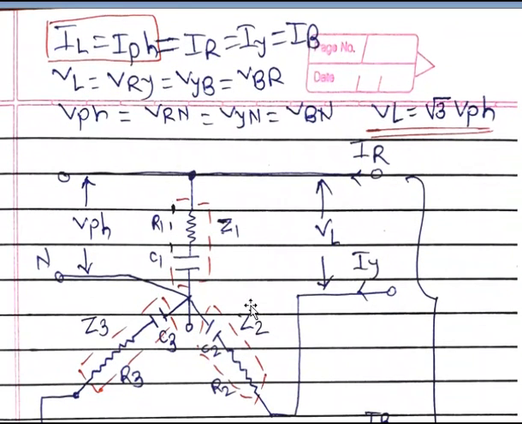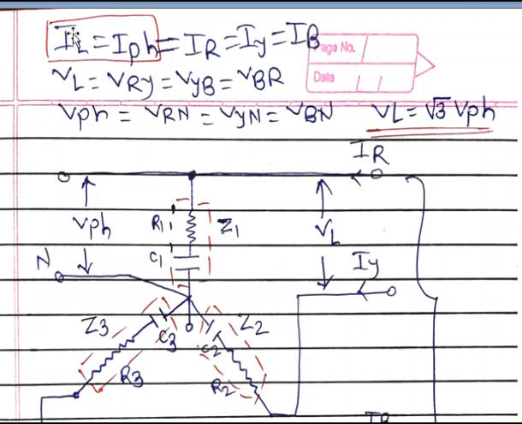Here we draw the three-phase star-connected balanced load, in which R plus C type load is connected. R means resistive load and C means capacitive load. Here we write C1 for the capacitor and R1 for the resistive load. Here we can also write XC or C1. Here a capacitor is connected, therefore we write C1. Also we can write XC, that is also okay.